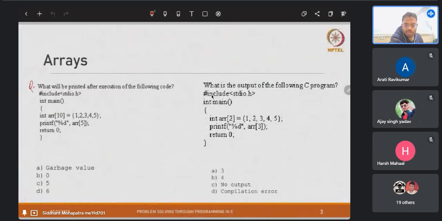Okay, so the first question in this page, the left side question, is related to the initialization of arrays. So can you just try to answer this? This is 0, option B. Okay, so whenever, sir, a garbage value. Okay,